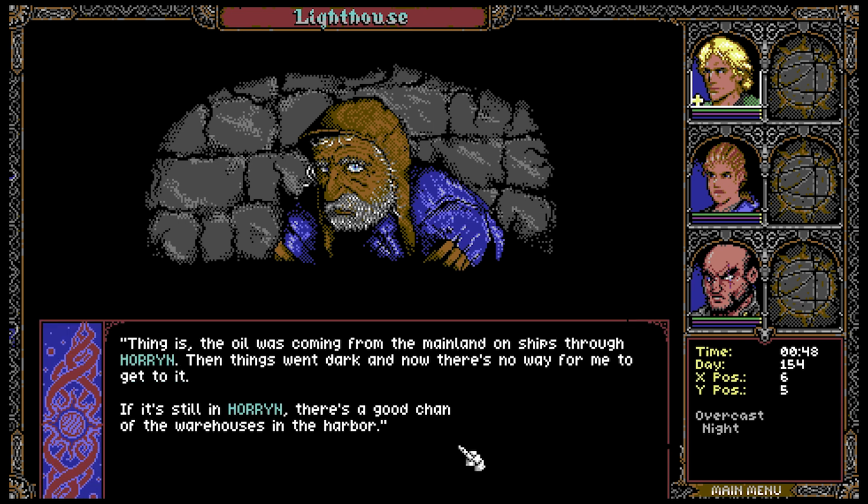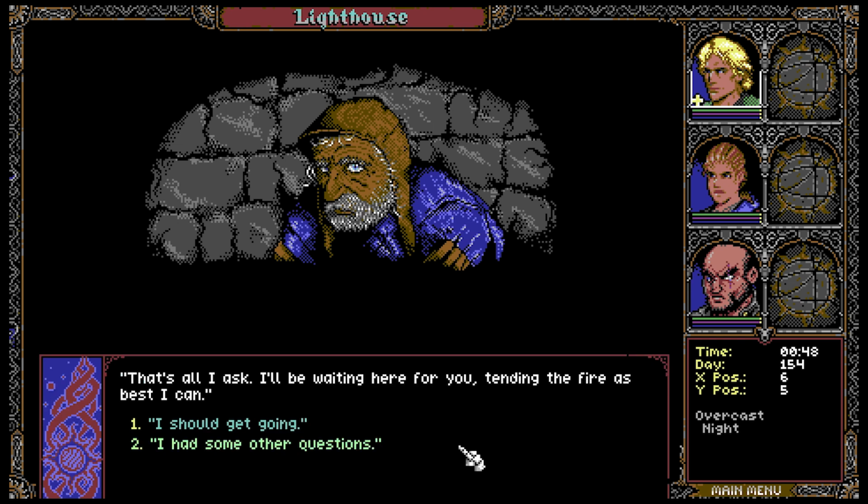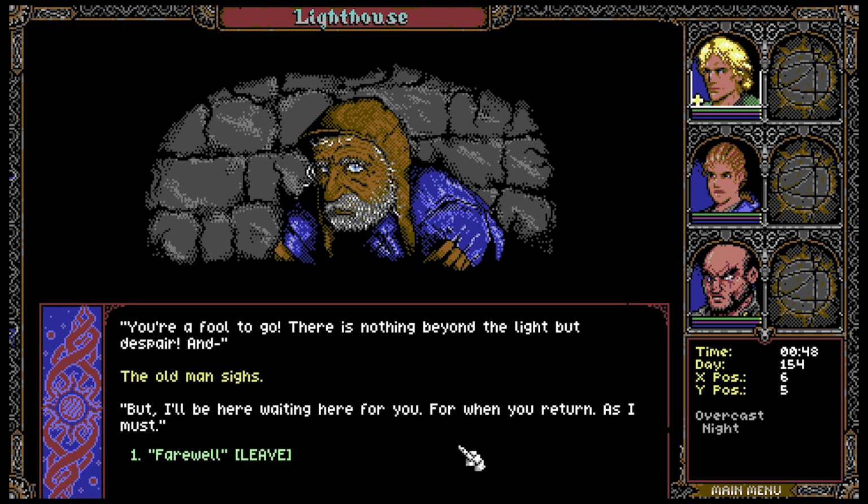I see. Thing is, the oil was coming from the mainland on ships through Horin. Things went dark, now there's no way for me to get to it. If it's still in Horin, there's a good chance it'll be sitting in one of the warehouses in the harbour. I'll do my best. That's all I ask. I'll be waiting here for you, tending the fire as best I can. I should get going. You're a fool to go. There's nothing beyond the light but despair and...